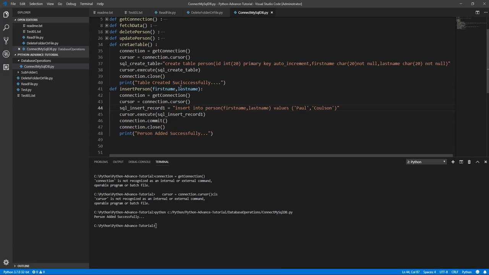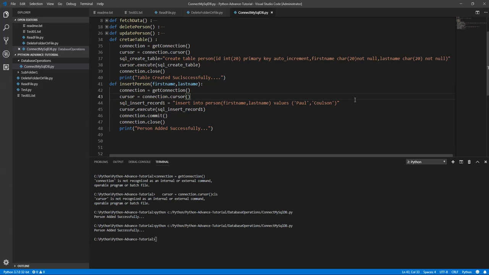I'm going to pass these parameters here. So how are we going to do that? Either you pass the values directly, or you pass the input as a parameter. So now we are going to pass it as a